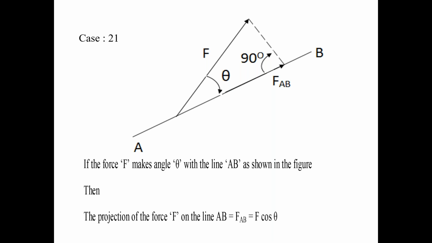It is a general condition. There is no x-axis, there is no y-axis in this condition 21. We have a straight line AB in this condition 21. Please everyone look at this condition 21, the special condition. There is no x-axis, there is no y-axis in the condition 21. We have the straight line AB.